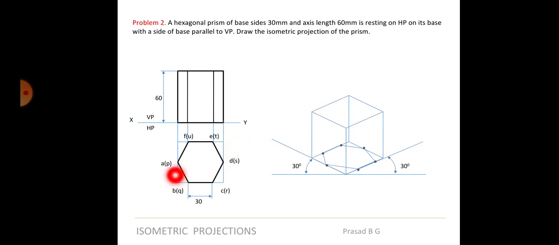Now, is it necessary for us to again take the distance from 1 to here and again place each of the distances? We have already done that here, isn't it? So there is no need to again go and measure every distance and cut the arcs and get the different points. What you do is, height is 60, right? So from every point here, 60, 60, 60, 60, 60, 60. So when you project all the points upwards from these 6 points of the base of the hexagon, you will get the similar hexagon on the top. So what you have to do? Just project it from all the points. Again, very, very light.